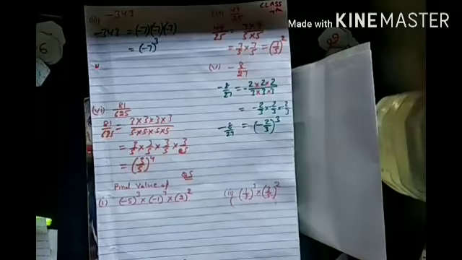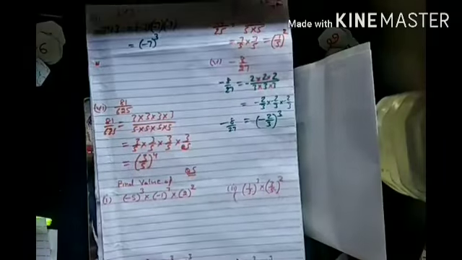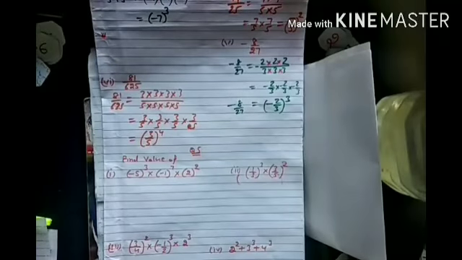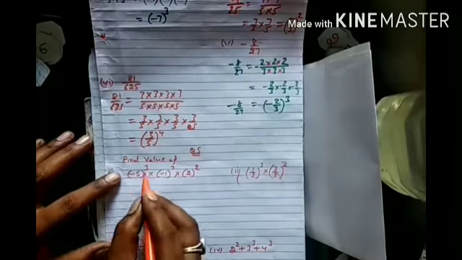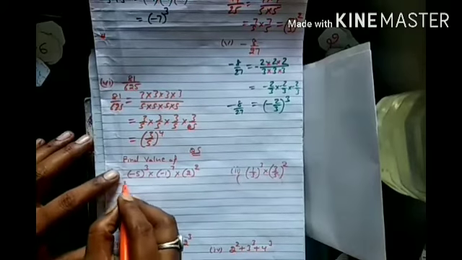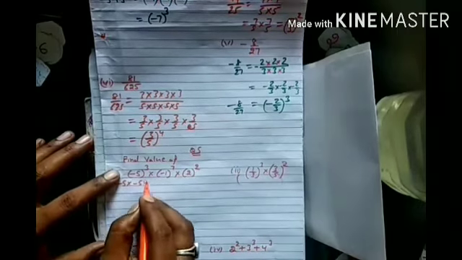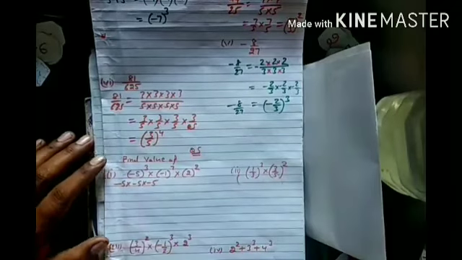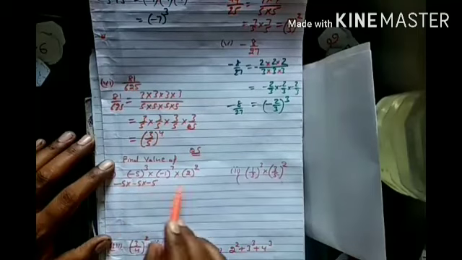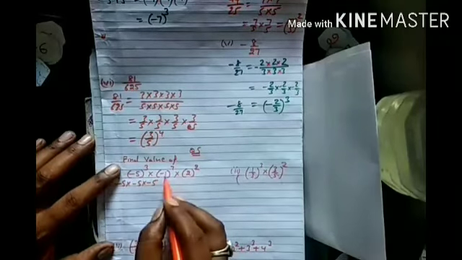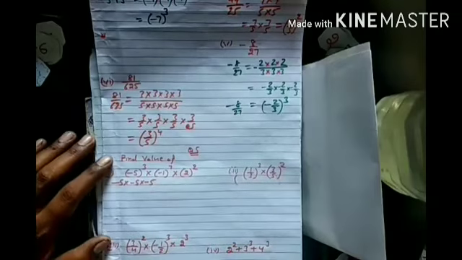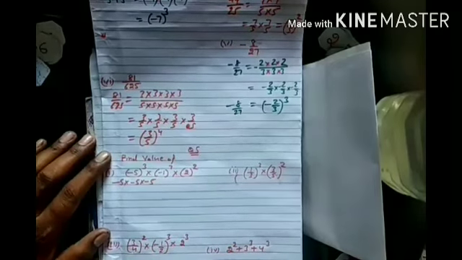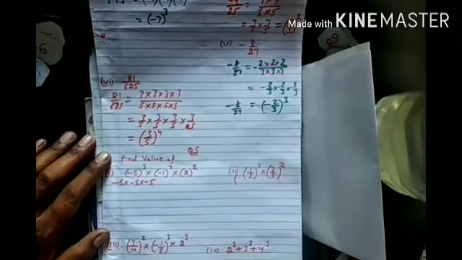Now question number 5. In this part we will find the value of the given exponential form. Here we will have to multiply minus 5 how many times? 3 times. Minus 5, minus 5, minus 5. First of all, I will expand all the brackets. Now minus 1 to the power 7. If I multiply minus 1 seven times, then what will be my answer?